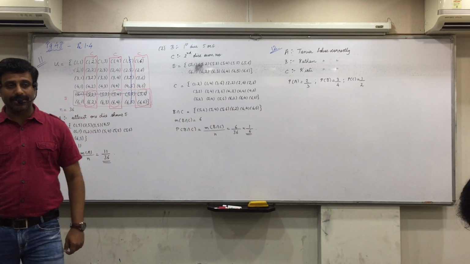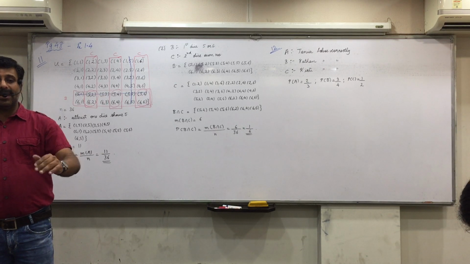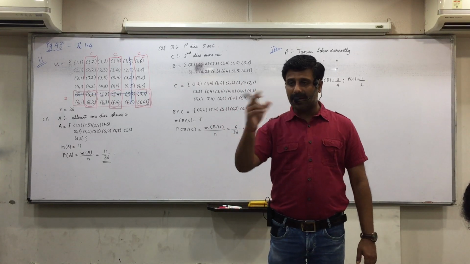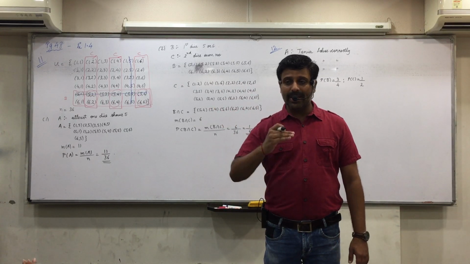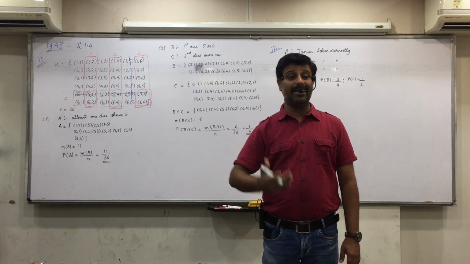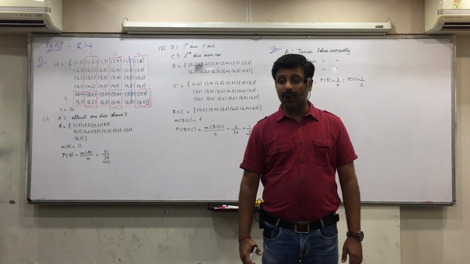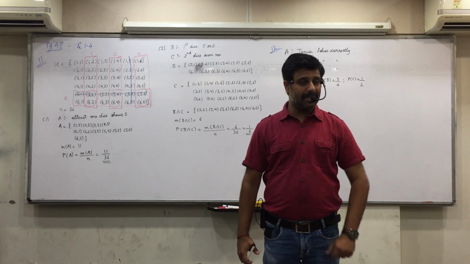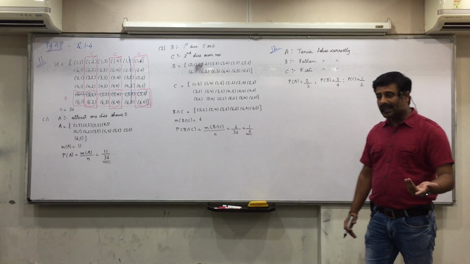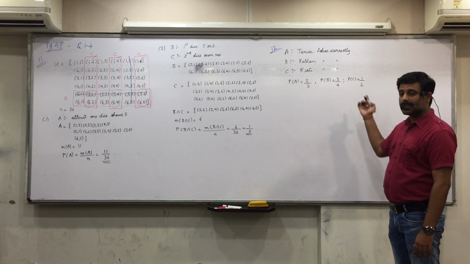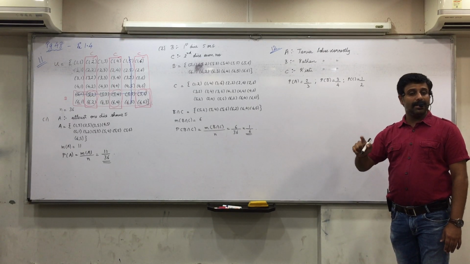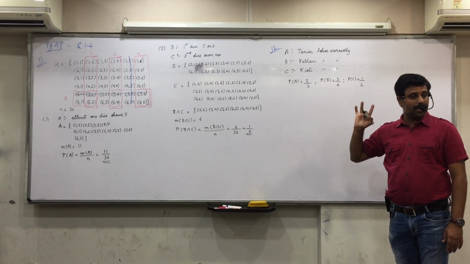Now just as I discussed with you, are the events dependent or independent? Independent. Solving of the problem by Tanya does not depend on Kathan or Kirti. So in independent events, which we studied in the last lecture, how do you find A intersection B? The formula for independent events: A intersection B is PA into PB. So that is how we will find A intersection B, B intersection C, A intersection C and also A intersection B intersection C. Then only we can apply the formula of A union B union C.